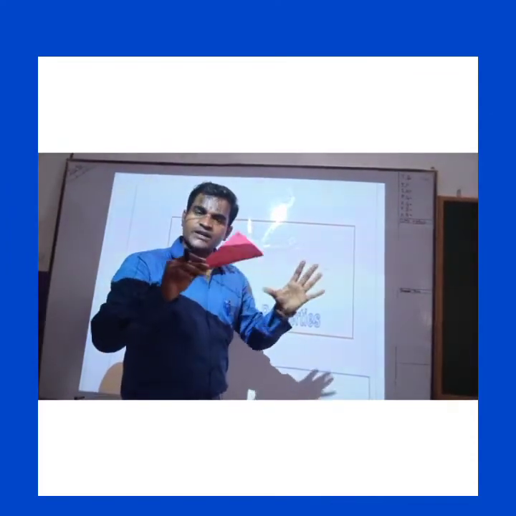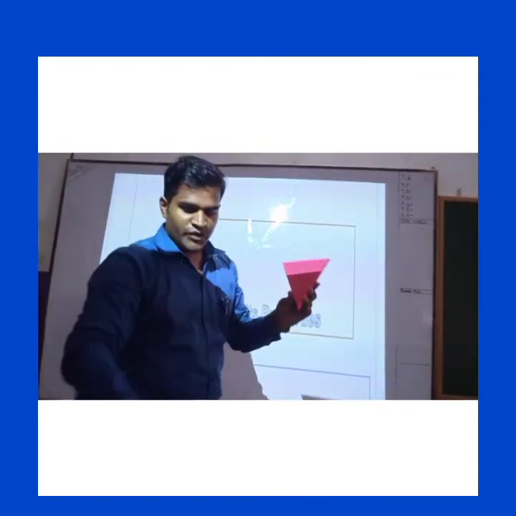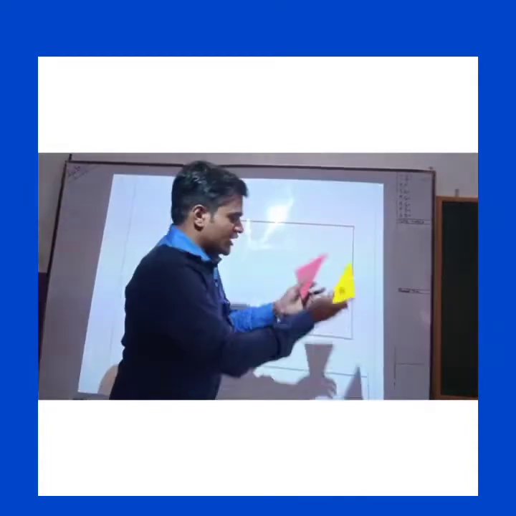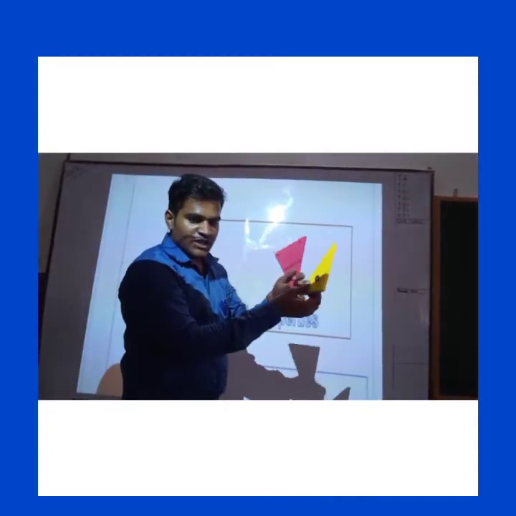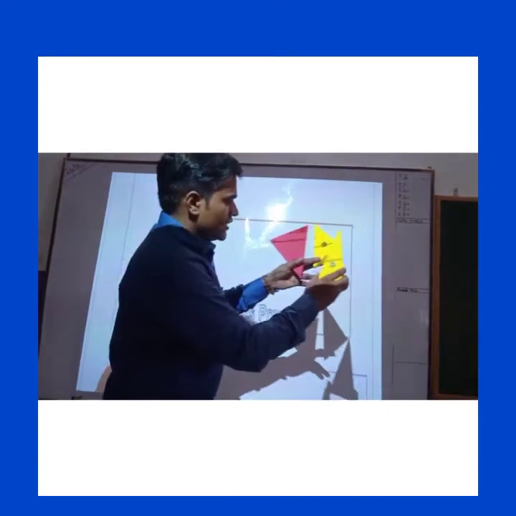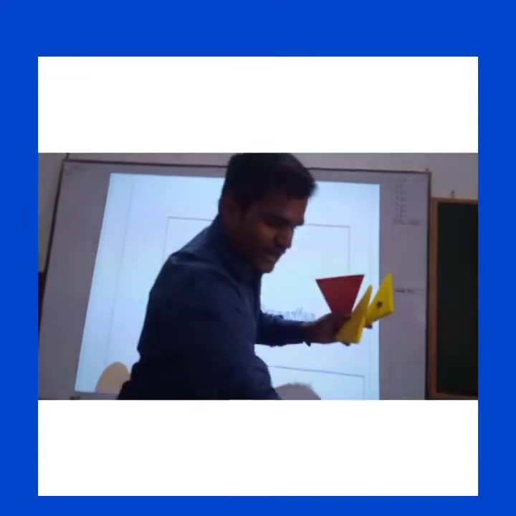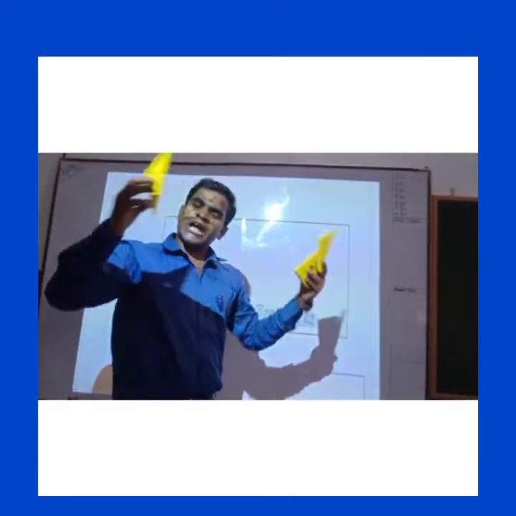Okay, there are different types of triangle. So when we compare them, these both are different types, and this is also the next type. Okay, and this is another type. So there are different types of triangle.